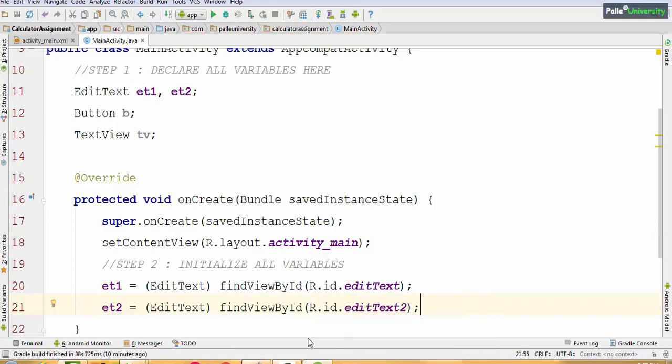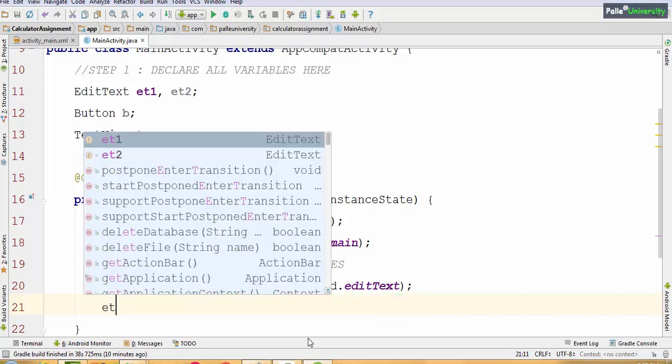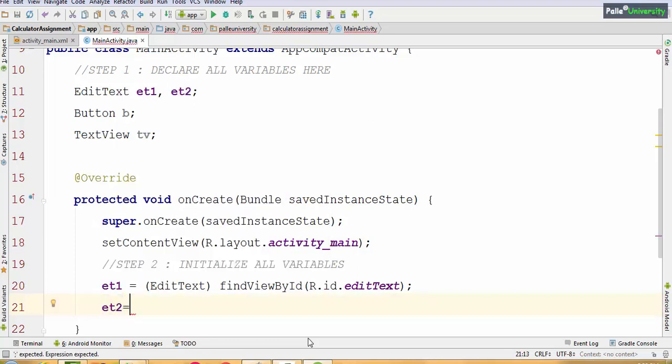Here is one more important point. Mostly if you are looking at the notebook and typing in Studio, there is a possibility that you will make some mistakes. Let me explain what type of mistakes you will make. If you are typing from the notebook, the same line you will type like this, et2, and probably will not leave space before the equal symbol. As per industry standard, you have to leave space. After the equal symbol also leave some space.